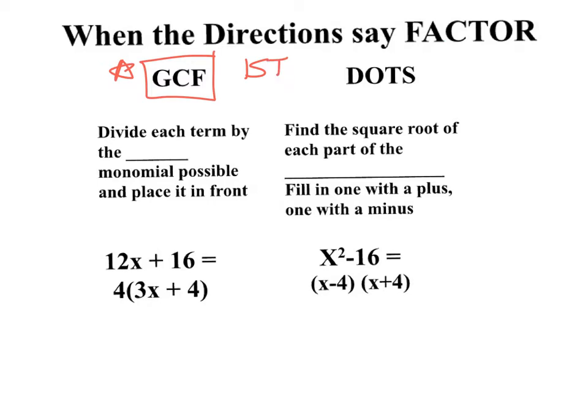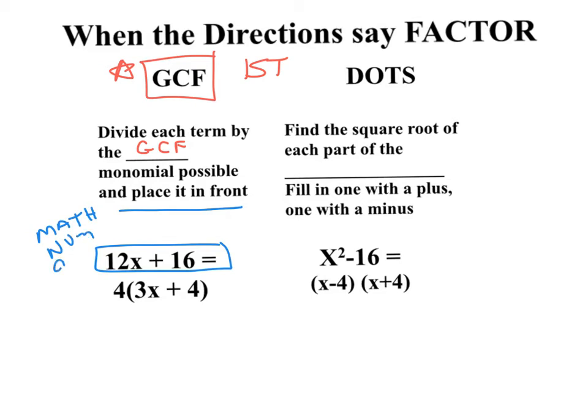It says to divide each term by what? Yes, the GCF. So you got to figure out what's the greatest common factor. And if you forgot where the greatest common factor is, which by the way you're going to pull out and place in front, if I want to take this thing right here and find the greatest common factor, remember math, num, tab over to num, 9. It'll give you the ability to punch in the 12, comma 16